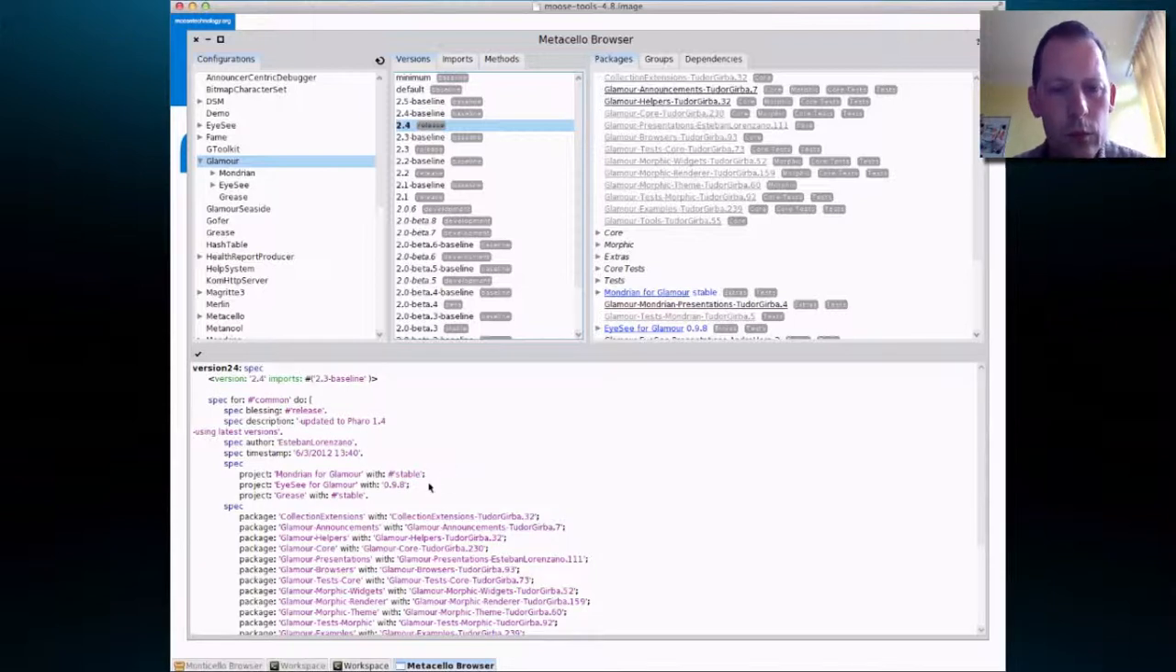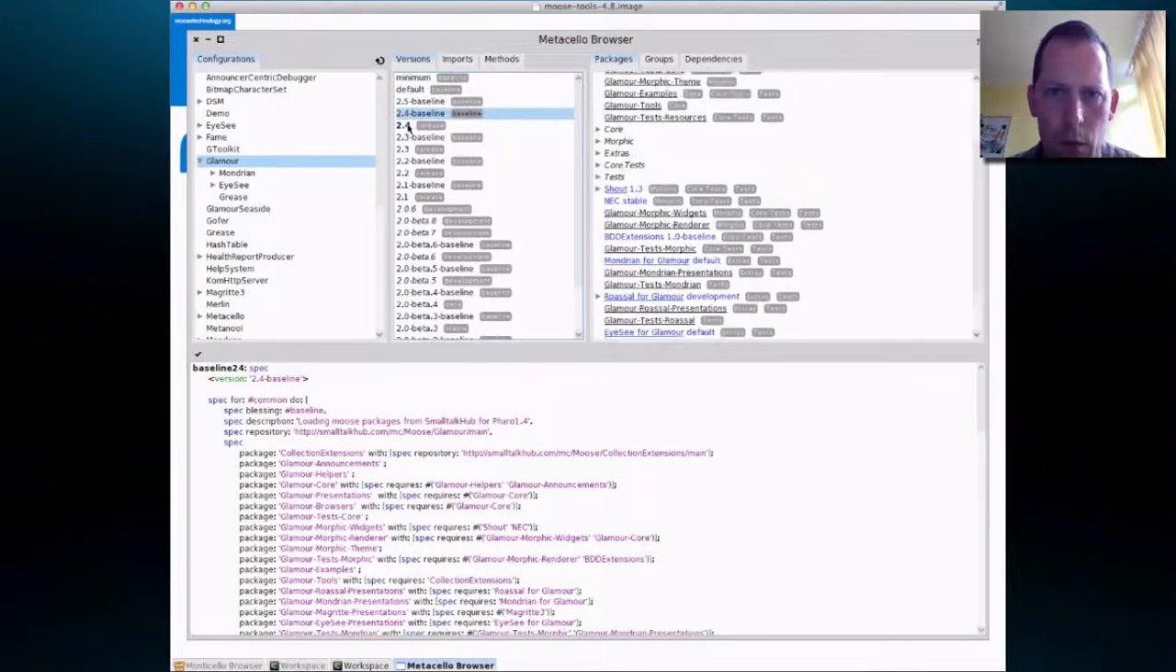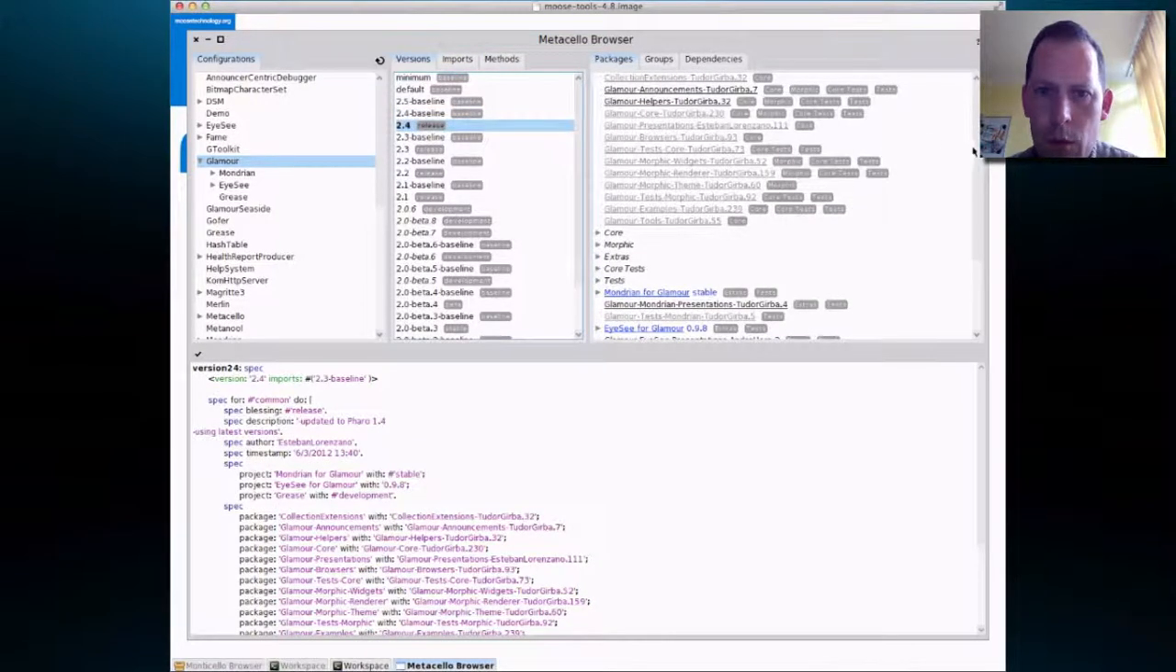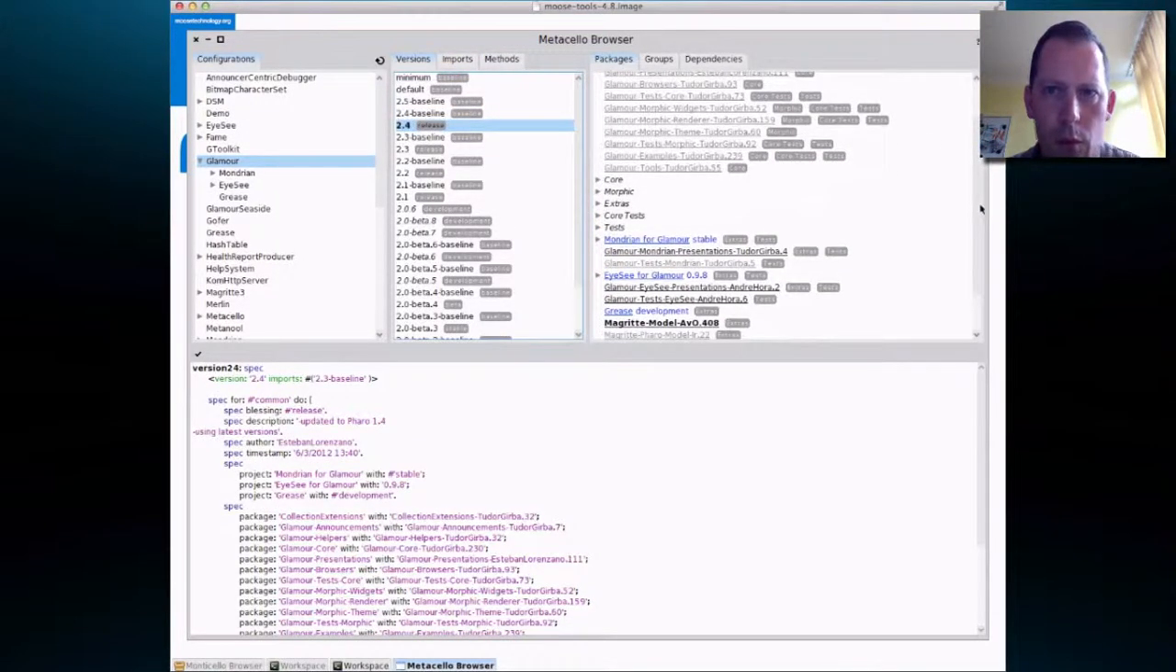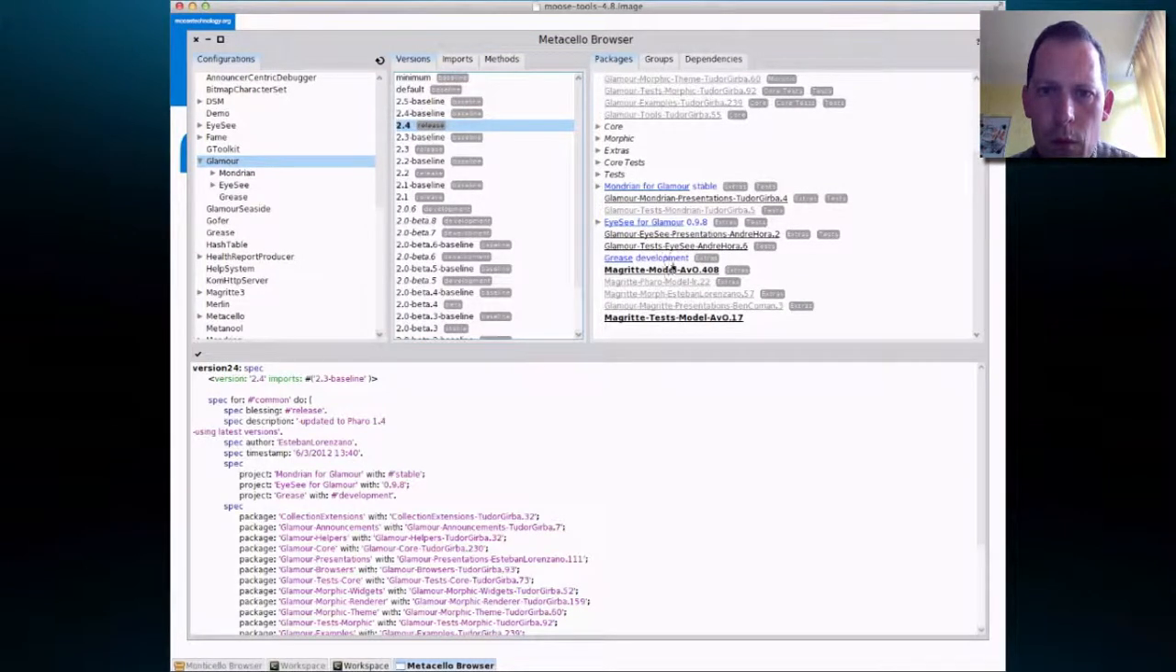And on the downside, below, when you select the version, you see the method itself, and you can edit it here. So you can say, well, I don't want Greece stable, I want Greece development in this version incorporated. And then you see that when you select it here, sorry for the scroll, when you select it here,